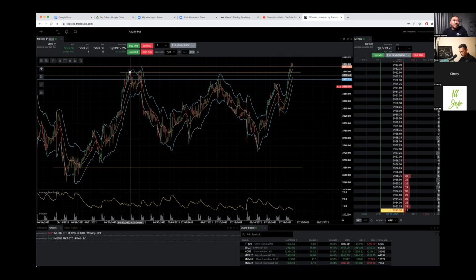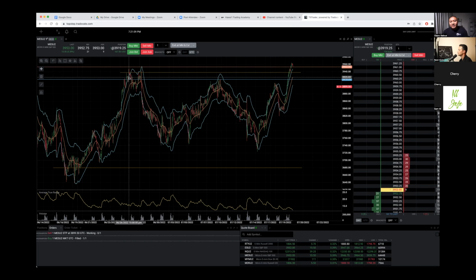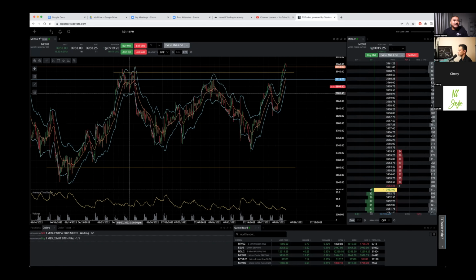But it did. I would just let this initial move play out, right? Stay on the side, and then let it establish itself in the range. A few years ago, I would try to catch every single move, and that just led me to digging myself deeper and deeper into negative capital. So let the market make its range.